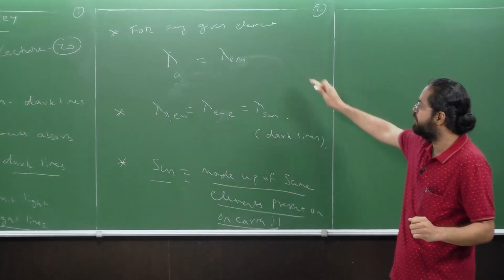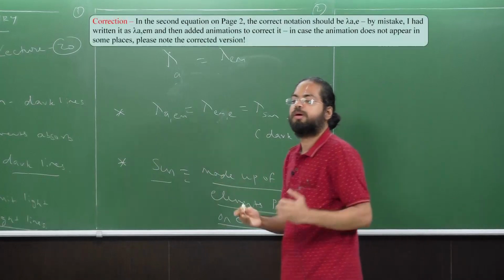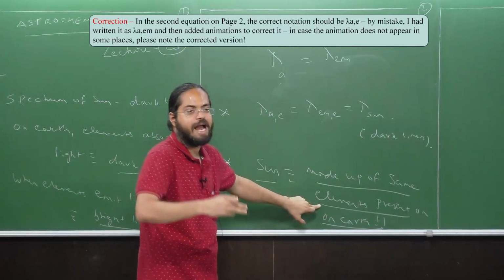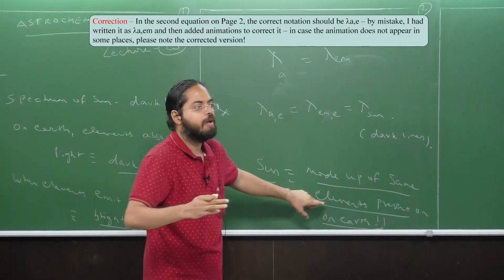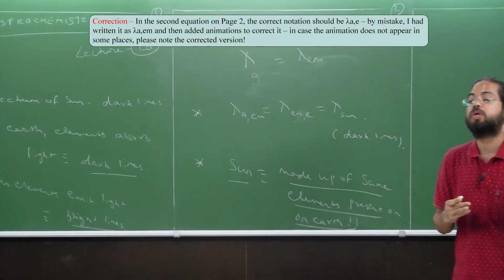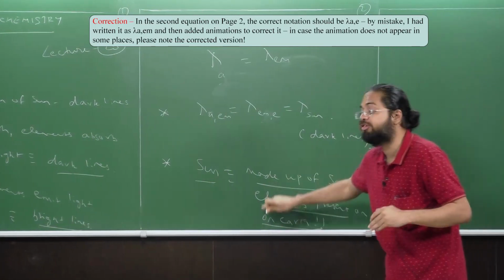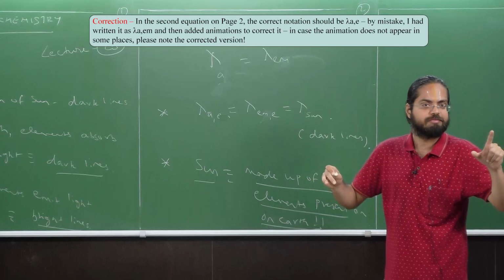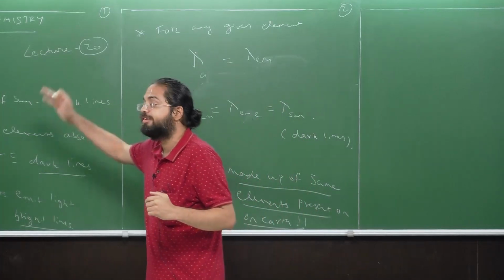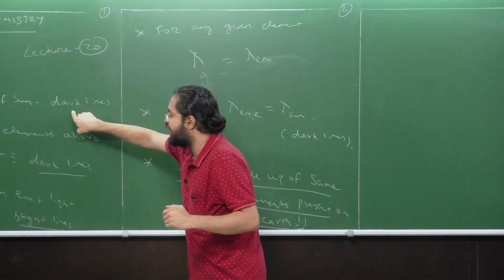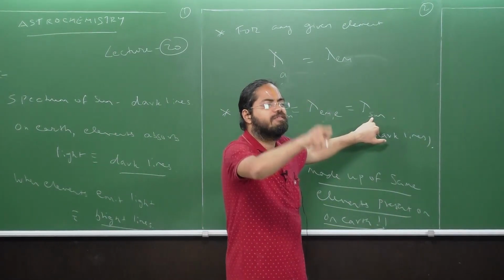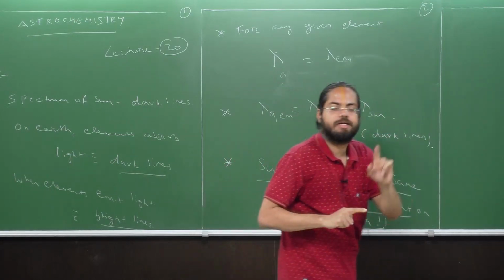In fact, this particular series of events can be called the birth of astrophysics, which is a precursor to astrochemistry. Because for chemistry, we're only talking about elements and atoms now. I mean, what are elements? They're all atomic. But for chemistry, we need to go one step further and see how molecules may be observed in space. We have now seen how elements or atoms can be observed in space. We just saw an example of how atoms or elements are observed in the sun. You know that the dark line is due to some element on Earth. So if you get the dark line at the exact same wavelength in the sun also, the sun should also be containing the same element.